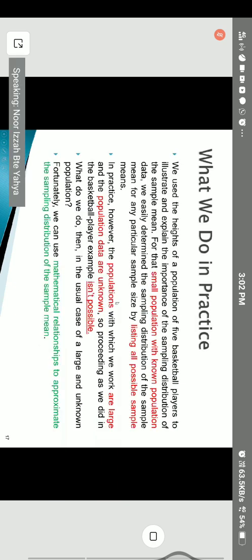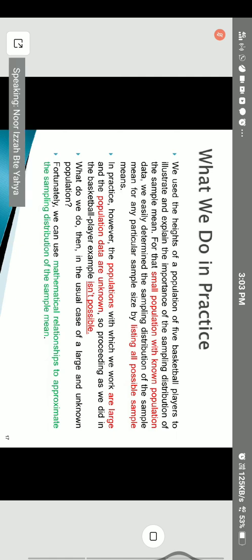Okay, and then we do some practice here. Not practically, okay, in reality. So when you want to use a population, for example, we have used the heights of a population of 5 basketball players to illustrate and explain the importance of the sampling distribution of the sample mean. For that small population with known population data, we can easily determine the sampling distribution of the sample mean for any particular sample size by listing all possible sample means. Just now we had the example of 5 players. So it is easy for you to do. If you take size 2, what is it, 3, what is it, 4, what is it, and 5, what is it. So it is easy. In practice, however,